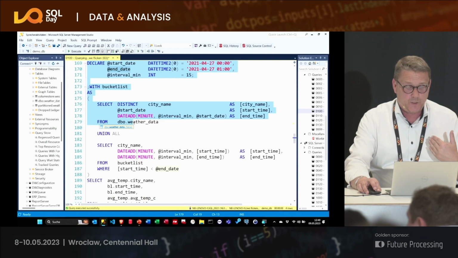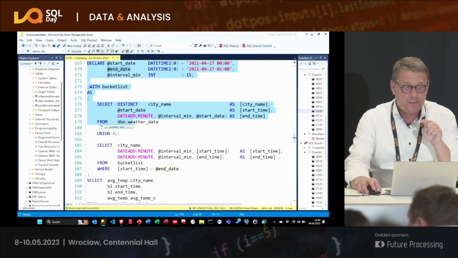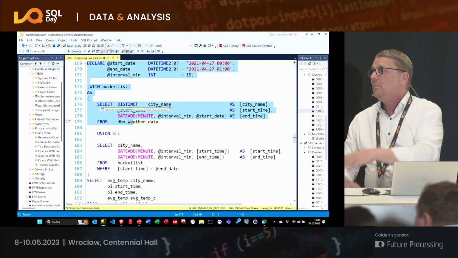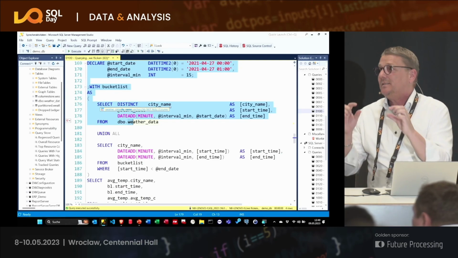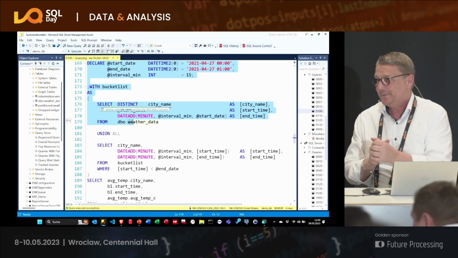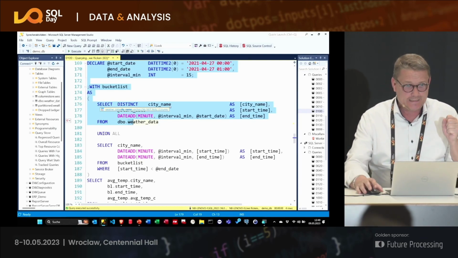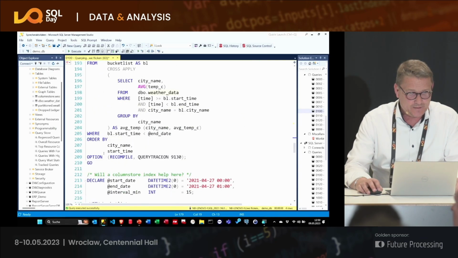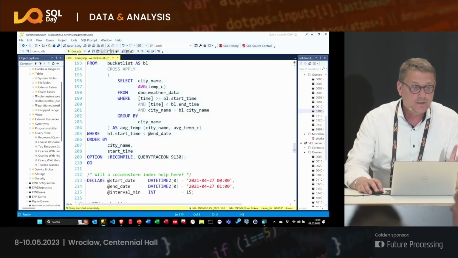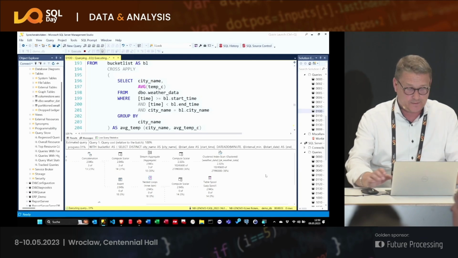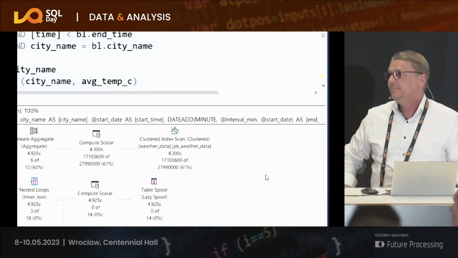Here is again my bucket list, and you see that I have here the select distinct city name from my row-based table with 30 million rows. Oh la la. When you see what happens here, you will say, oh my goodness, what's going on here? The query will run and run and run. And the reason is this one here.